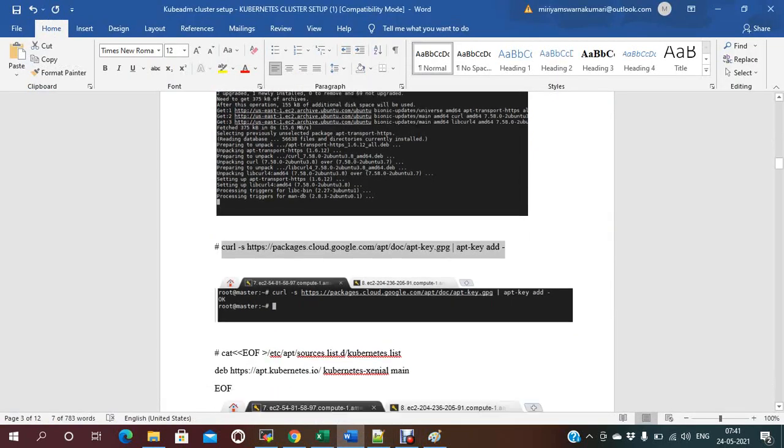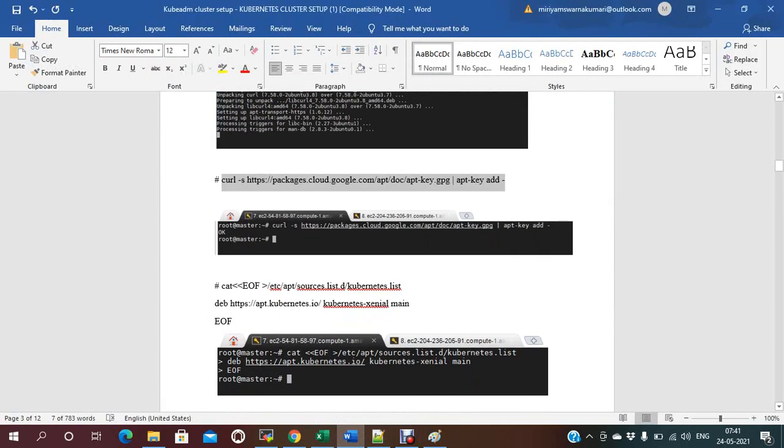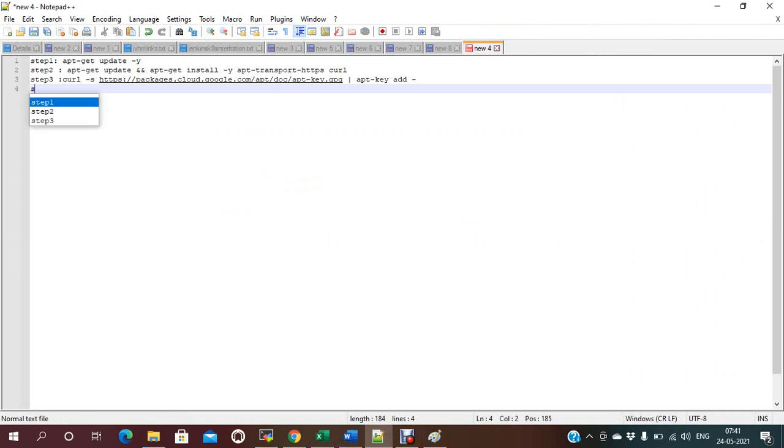Now I just need to install kubectl. So let me do step 4.